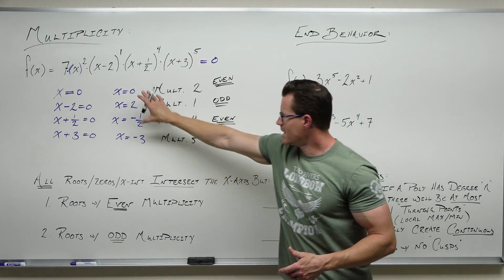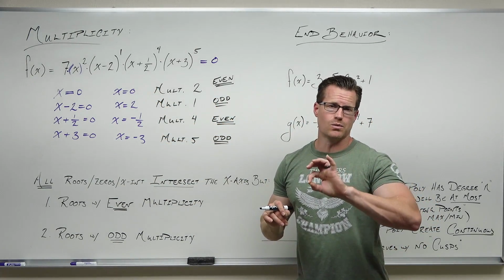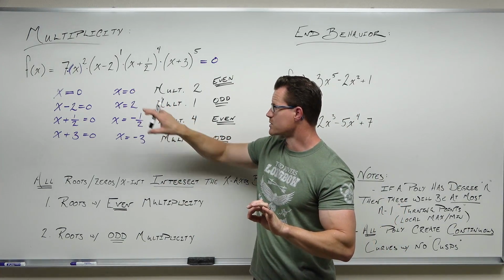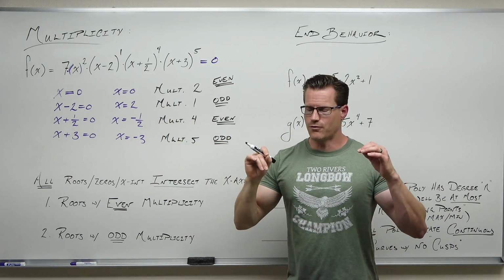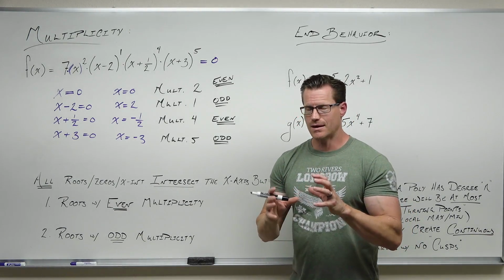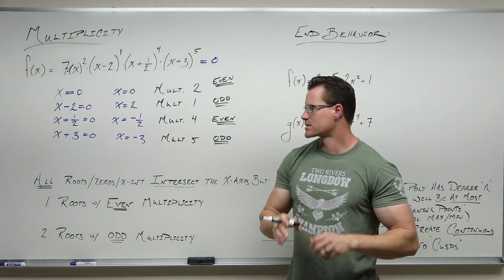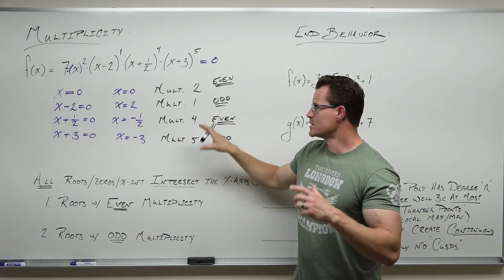Every one of those numbers, you're going to have your graph in some way interacting with the x-axis at x equals 0, and x equals 2, and x equals -1/2, and x equals -3. This graph will be there on the x-axis. However, how it intersects depends on what your multiplicity is. If your multiplicity for that zero is even,